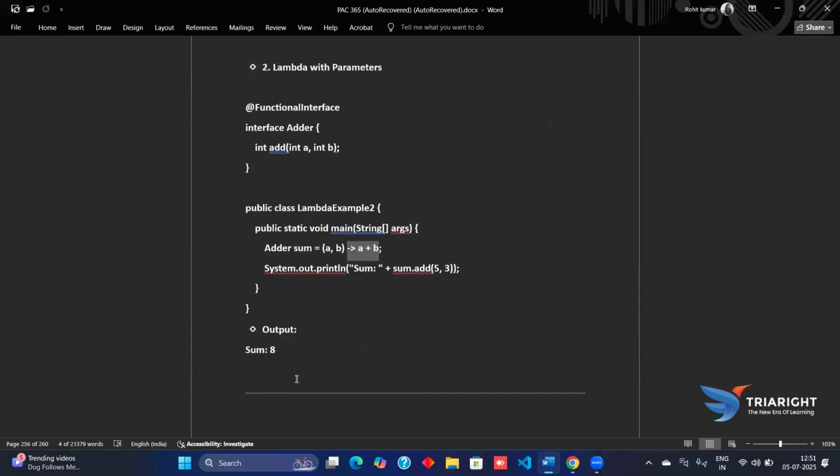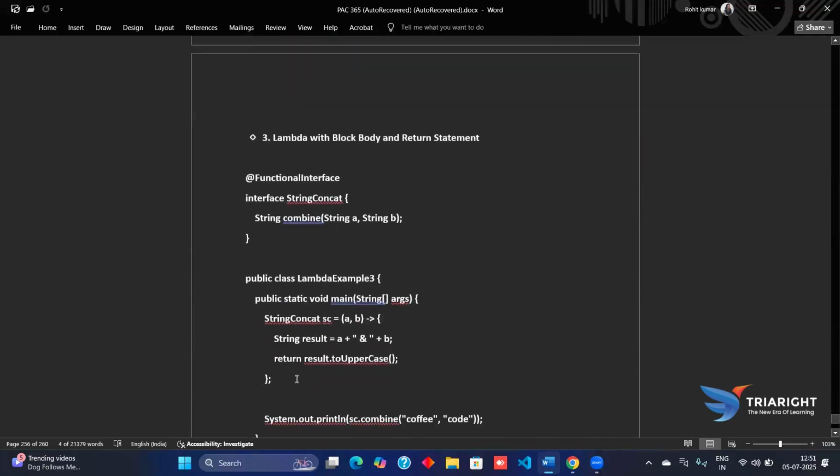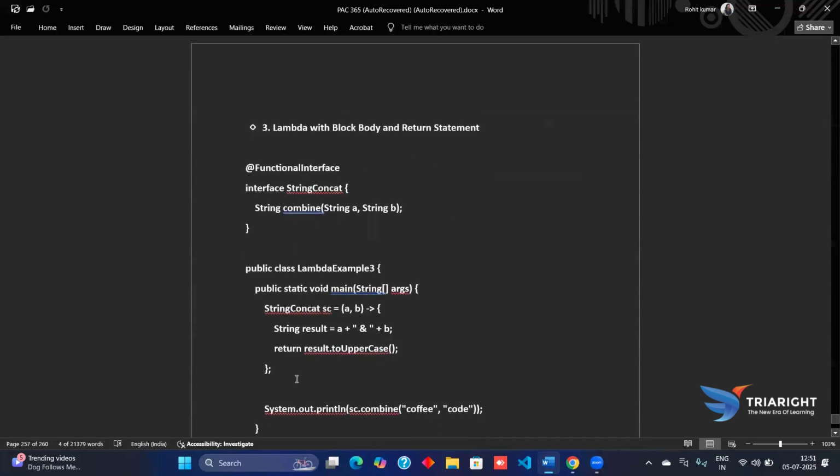Without cluttering the code with extra classes. Now coming further, we have the lambda with block body and return statement. Here we have the first line as the @FunctionalInterface annotation, and which has the